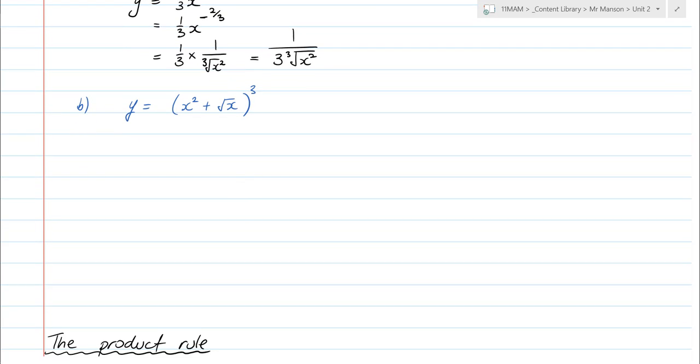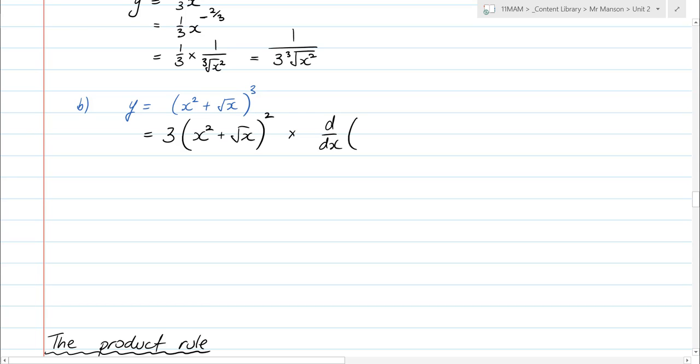B, which I'll do by observation, is equal to 3 times x squared plus the square root of x to the power of 2. I've just done that thing, bring the power at the front, decrease the power by 1, leave the function inside the same. But I have to multiply that by the derivative. And this is